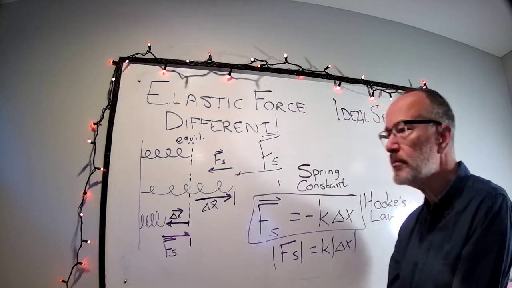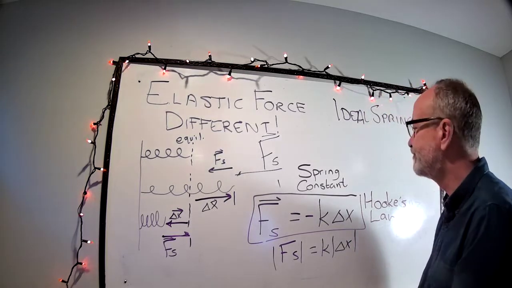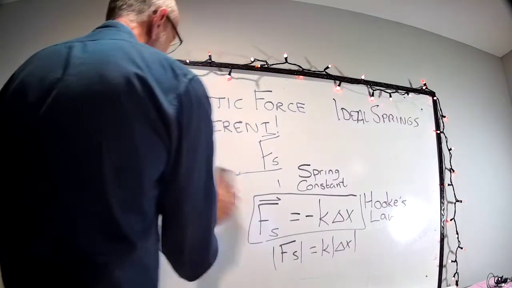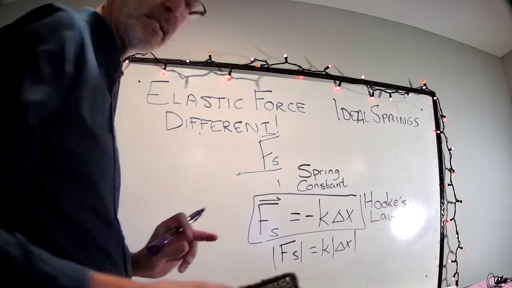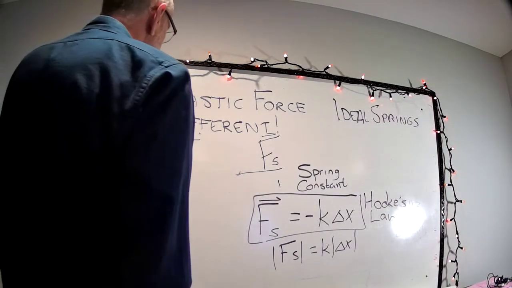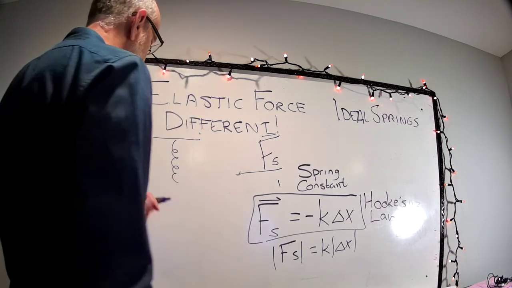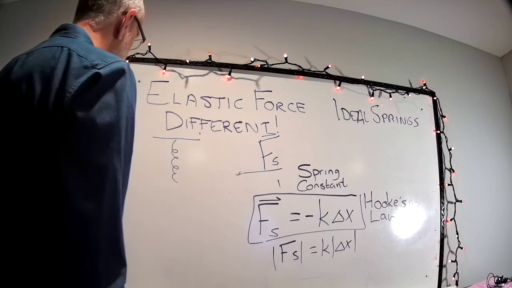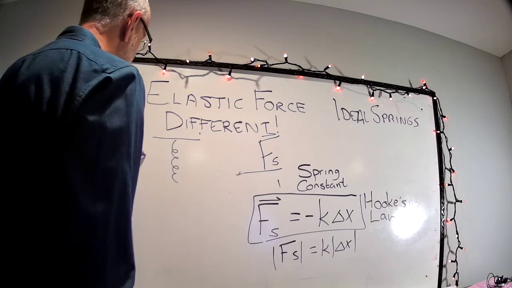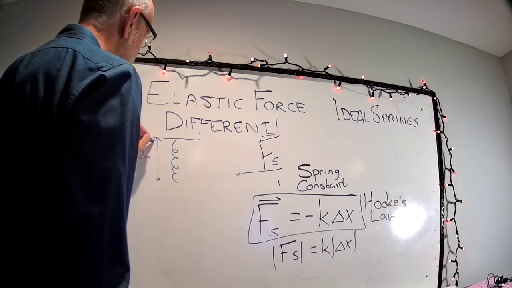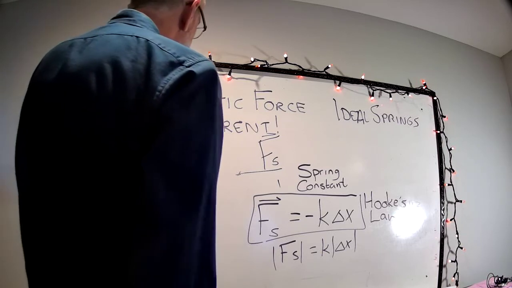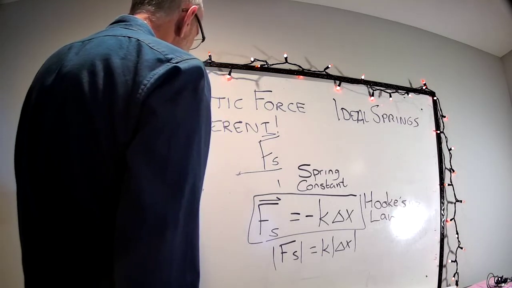So let's do a little problem here. We could find a spring constant. One way we could find a spring constant is, here's the spring, it's hanging. Okay, it's at equilibrium position. And let's just say it's 0.2 meters long at equilibrium position. If I hang a mass on it and let it come to rest,